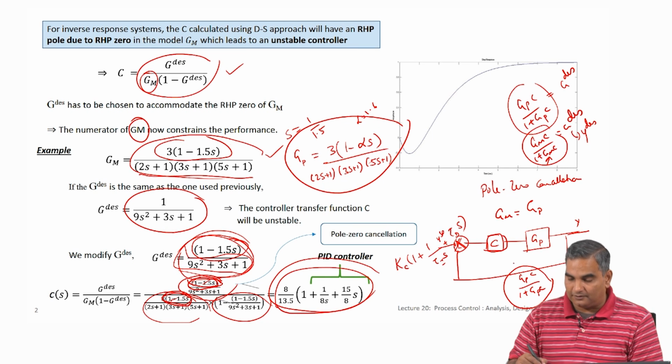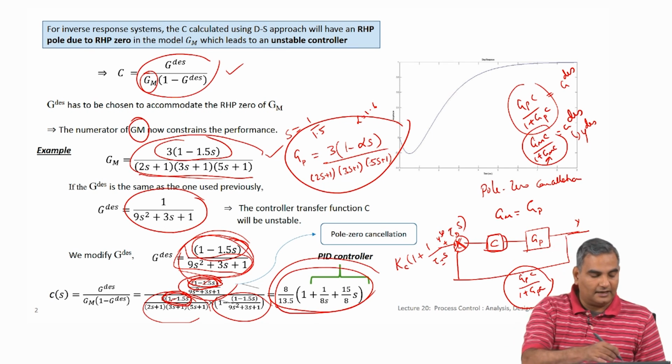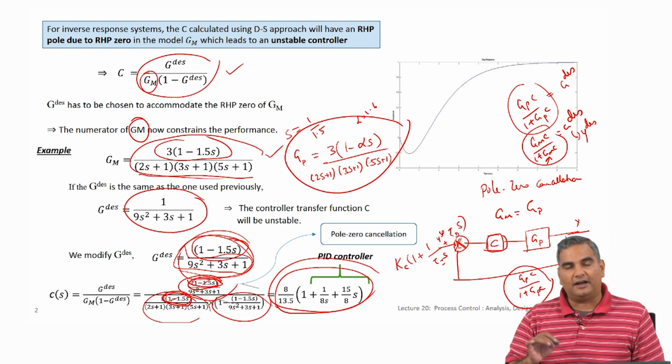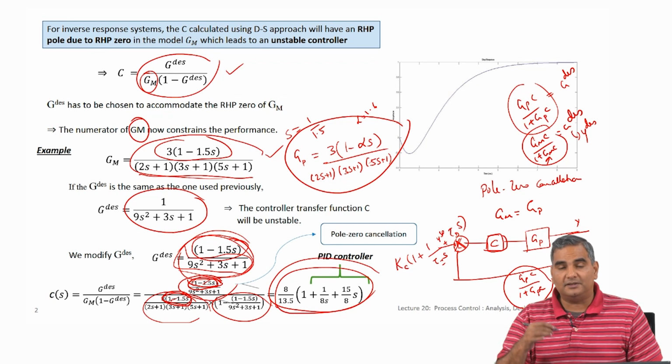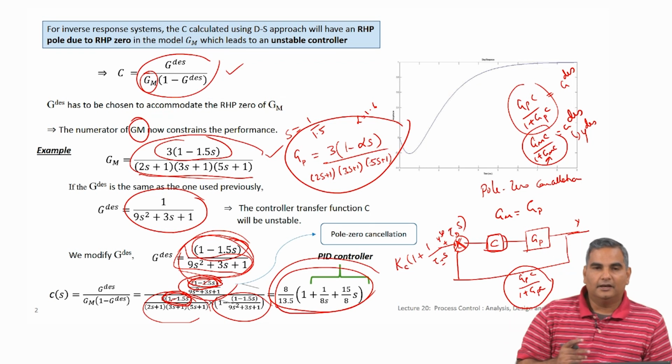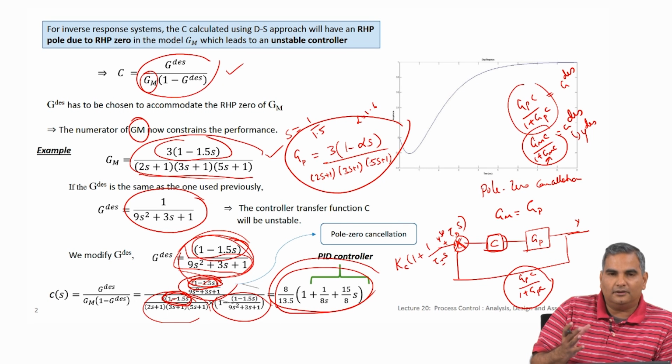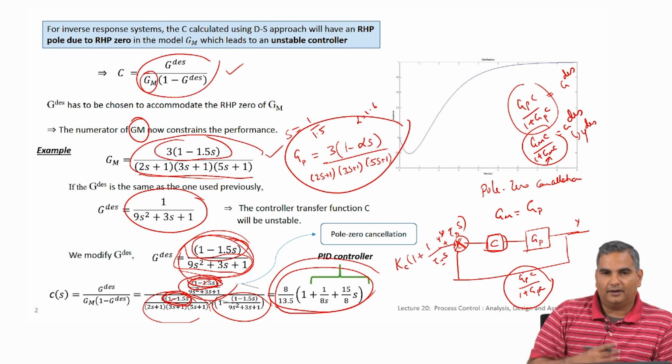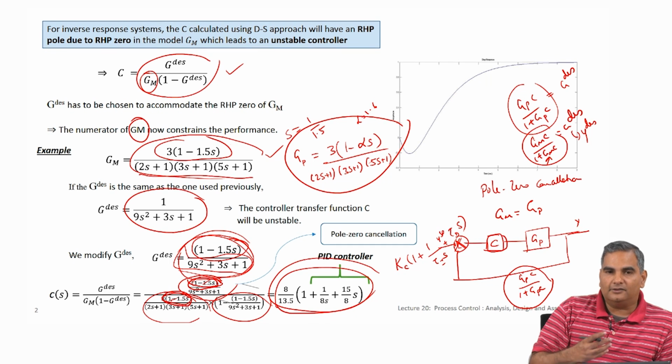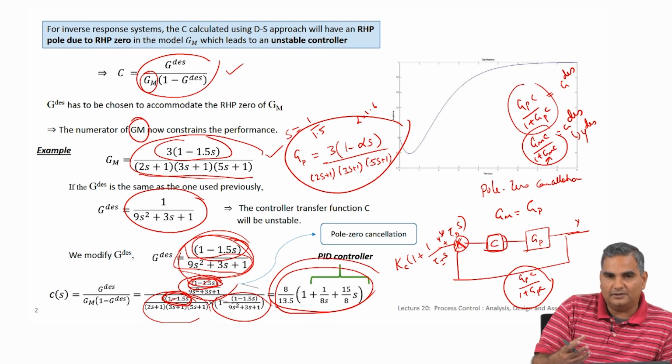This is the closed loop transfer function, and this need not be exactly equal to G desired, and it will in fact be equal to G desired only if GP is exactly GM. So, this framework brings in the idea of a model, a controller based on a model, and then the specification or the performance of the controller when it is actually implemented on a true process.